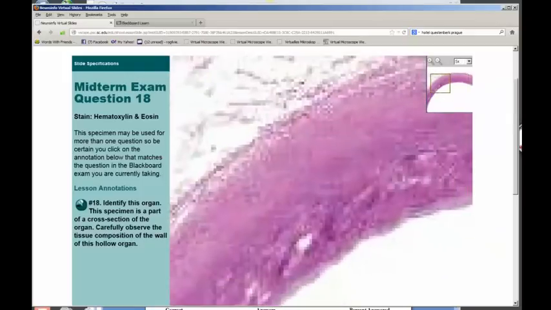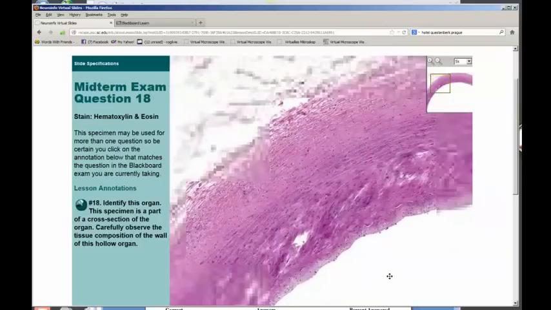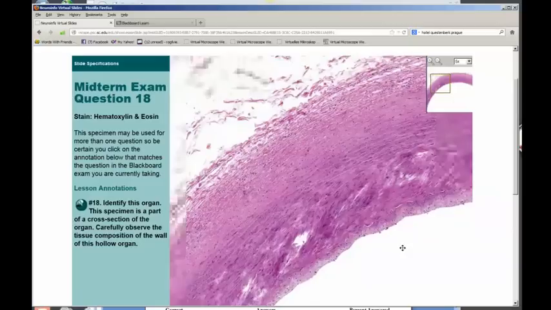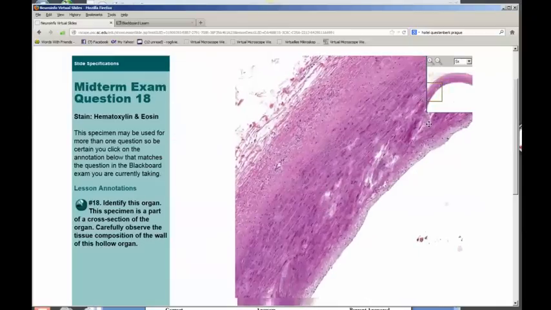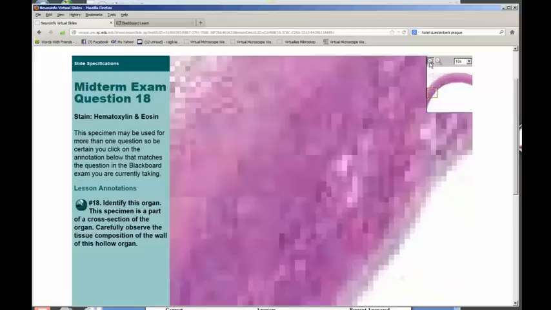So we're going up a couple steps in magnification, and we're going to look to see. But that's a lumen. That's a big hint that this is a hollow organ, and it's only a part of the wall of this hollow organ. Since we know this is a lumen, we're going to look for differences inside and outside. We can see a difference in the tissue composition here, and then out here another difference. So I'm just going to look at, say, this region right here, and we're going to magnify this to